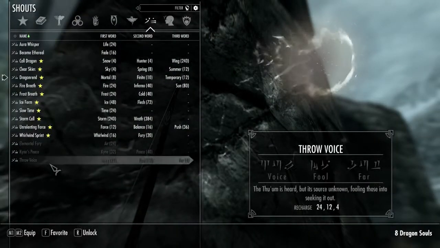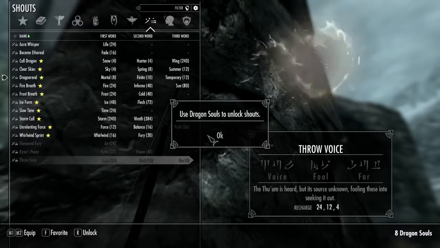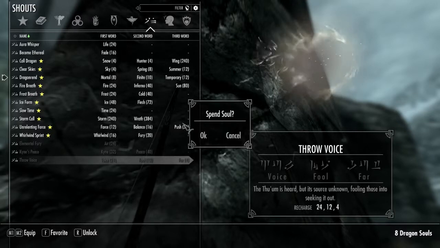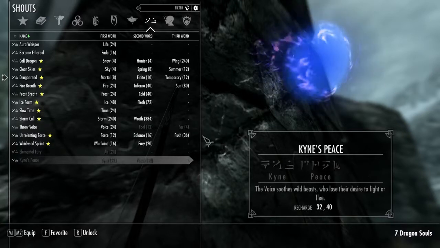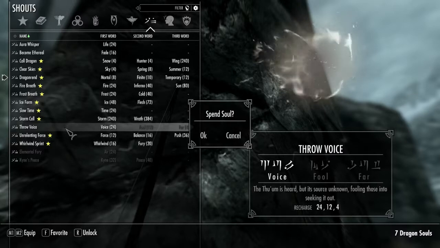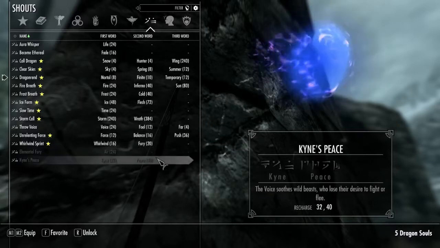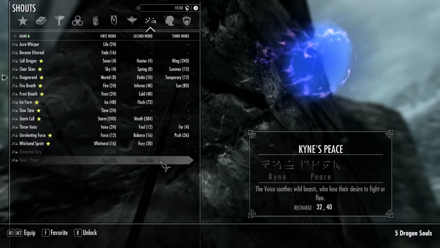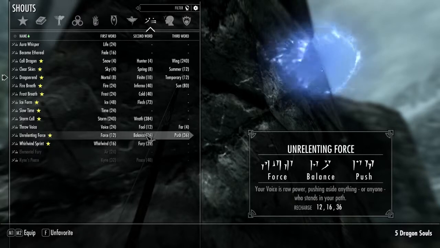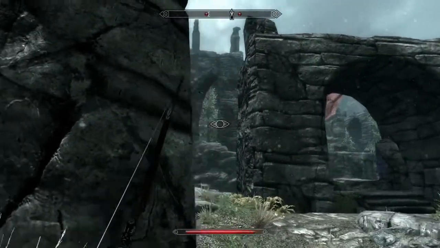Okay. Do we have any of these that we can get? I have 8 dragon souls. I might as well. Let's see. Throw voice. That's probably a good one. Oh, I have to hit R. Oops, sorry. I don't know if that's going to work right now, but might as well. Okay. Wild beasts. Not really into that one. Let's see if this works. Where am I gonna...